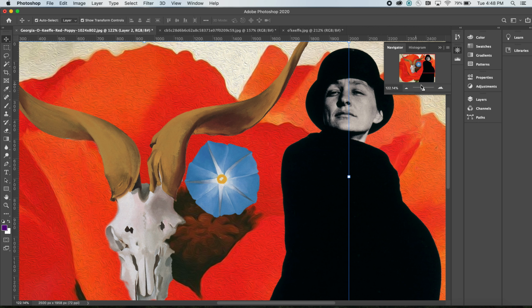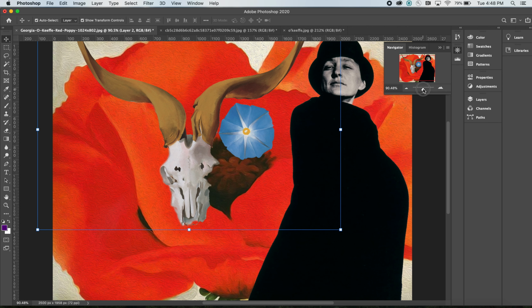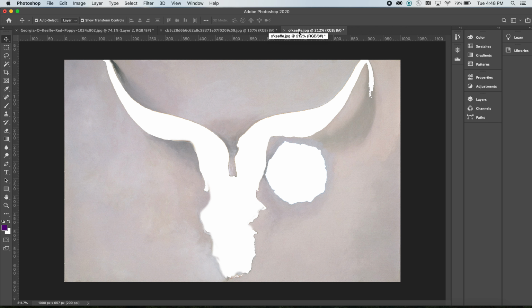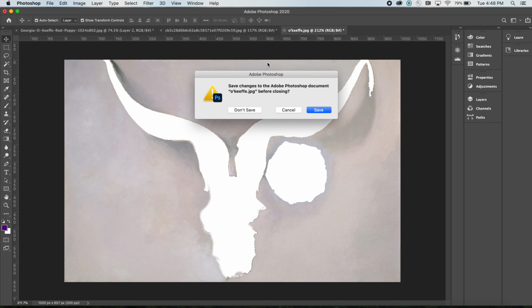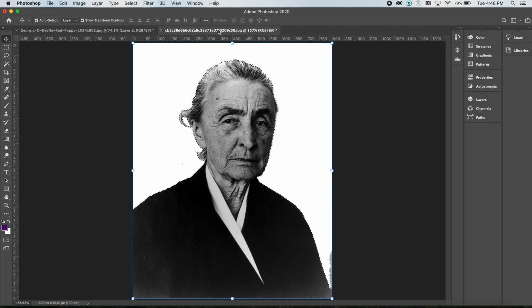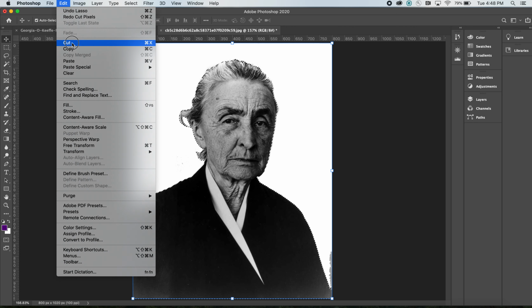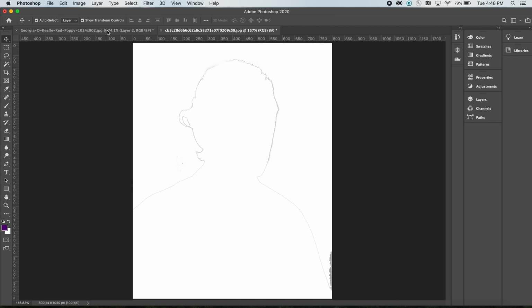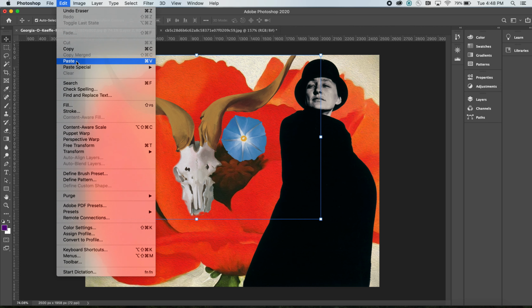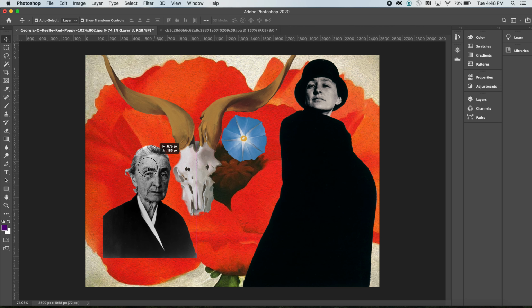It's better to be able to erase than add back in, which is a much more difficult thing to do. Okay? So we've got that element that we can then X out of, don't need to save it. And we're going to add, for the final element, the portrait of Georgia O'Keeffe when she's older. I have pre-selected the background. We're going to go to Edit, Cut. We're going to select our red poppy image, Edit, Paste,